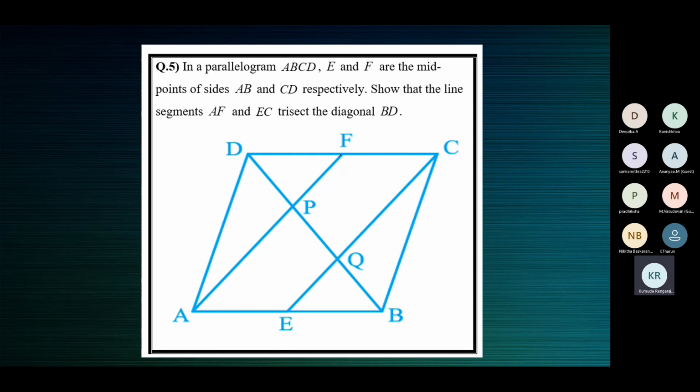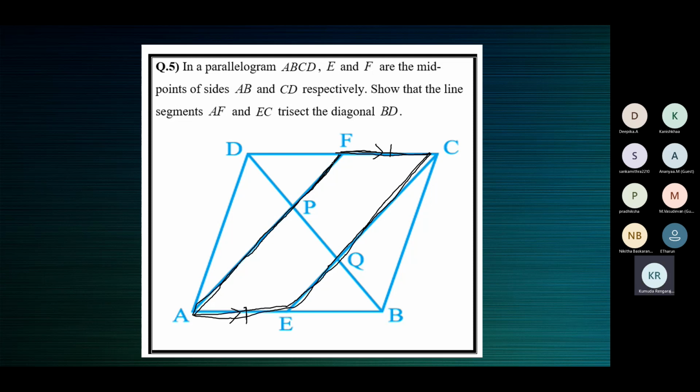The proof goes like this. For the sake of parallel lines, we have to first prove that this quadrilateral is a parallelogram. Why? Because we want parallel lines. We can get this result only when we prove that this is a parallelogram. To prove that, we have many criteria. One of them is, if you prove that one pair of opposite sides is parallel and equal, then the quadrilateral is a parallelogram.